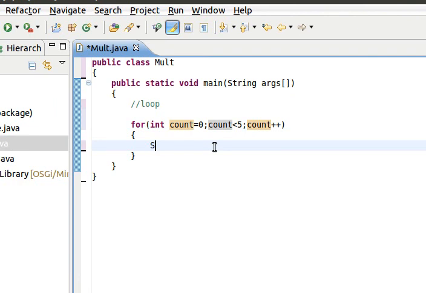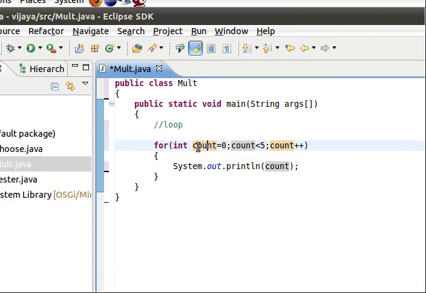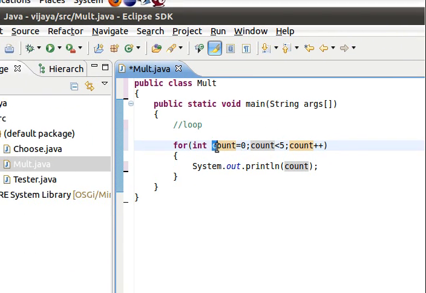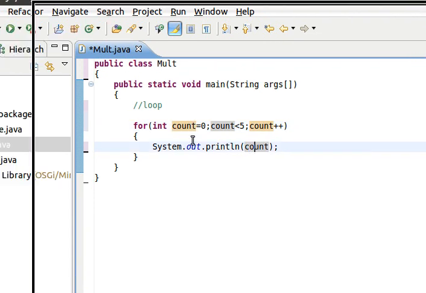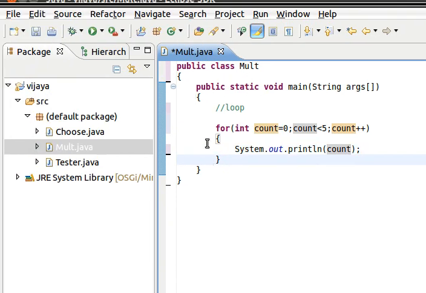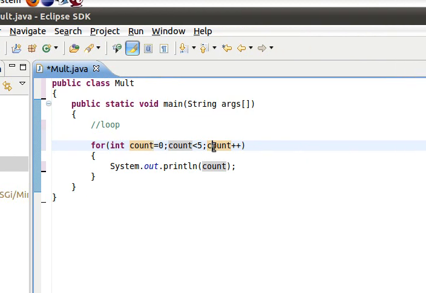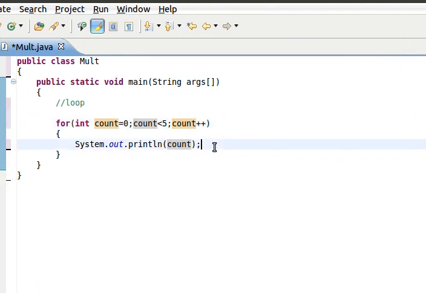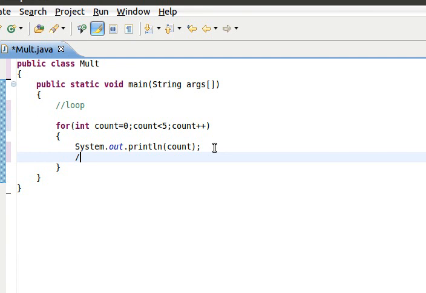Now let me print, System.out.println, count. That means I'm printing the count variable that gets the value here. In the first case it will be 0, and it will reach here, it will go over here, and the plus plus will be conducted after this is printed. Now the plus plus is processed here,